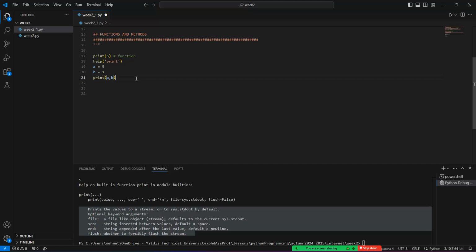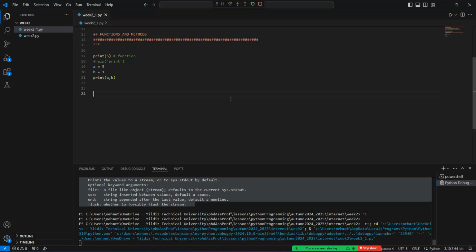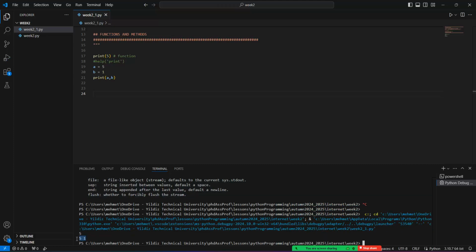And so print processes a and b and returns this output, right? This is the return value of the print. Okay,